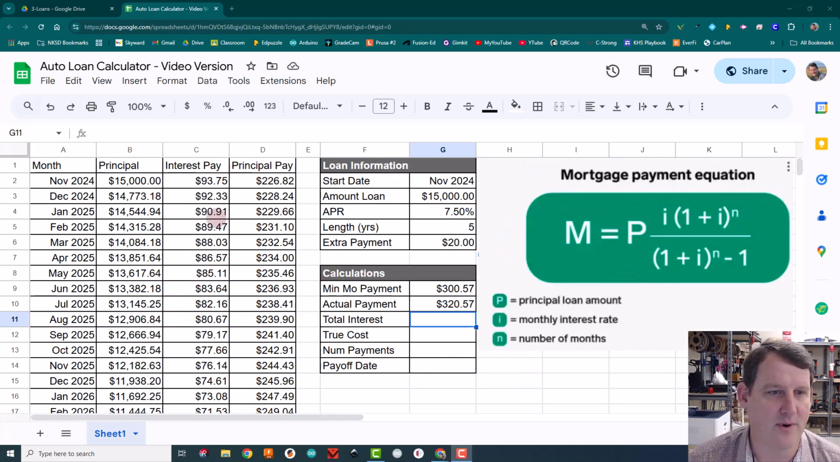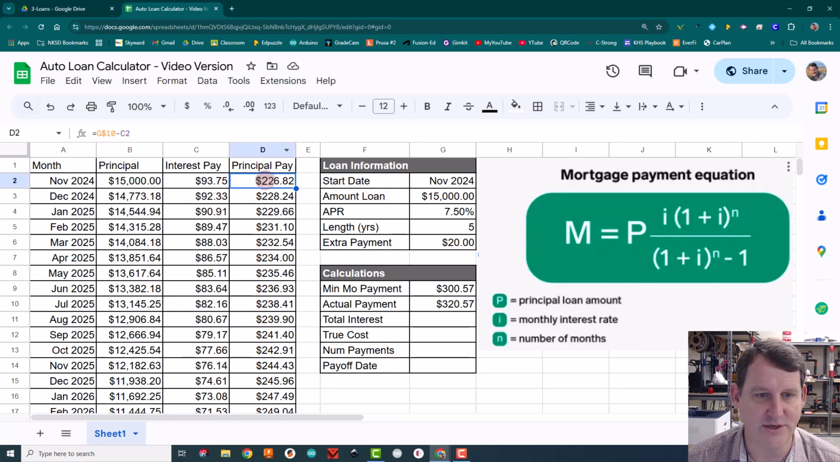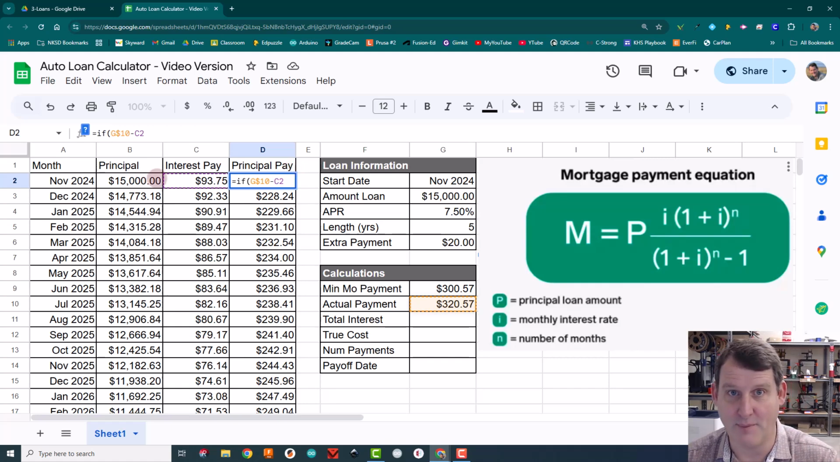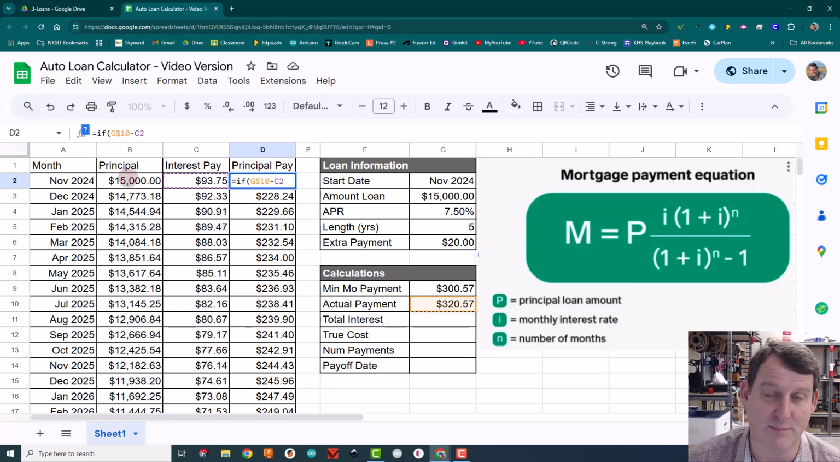To do that, we're going to come back up here to cell D2, and we're going to need to change this into an if statement. So after the equal sign, I'm going to type in if and then parentheses. And what I'm looking for with my payment is, if I owe more than a payment, I'm going to make the payment. If I owe less than a full payment, I'm going to pay off whatever the principal's left. So that's the if statement I want to do. So I'm going to say if this,